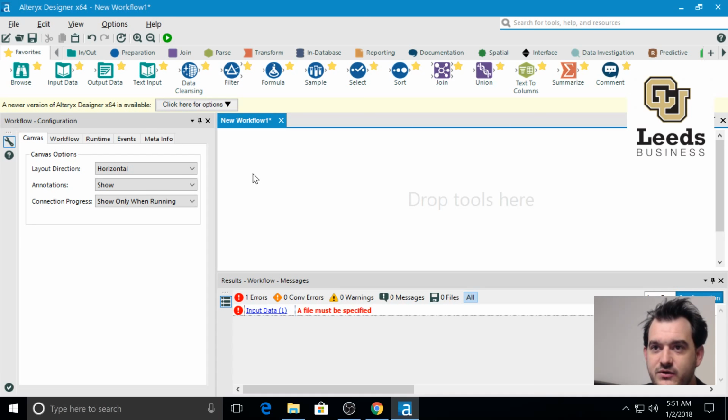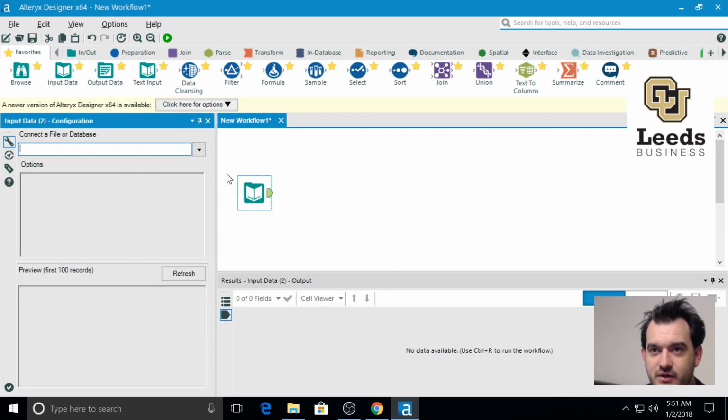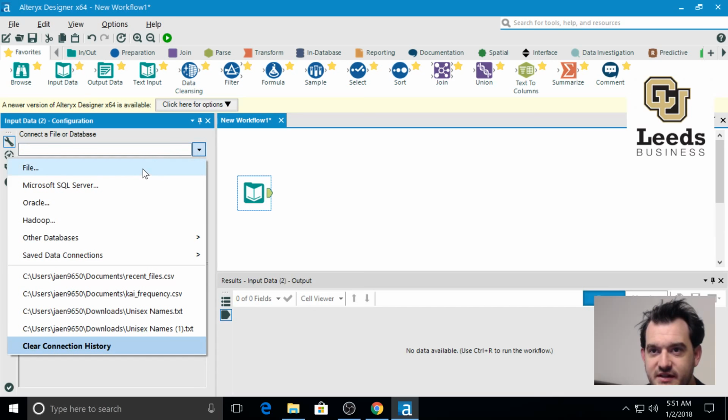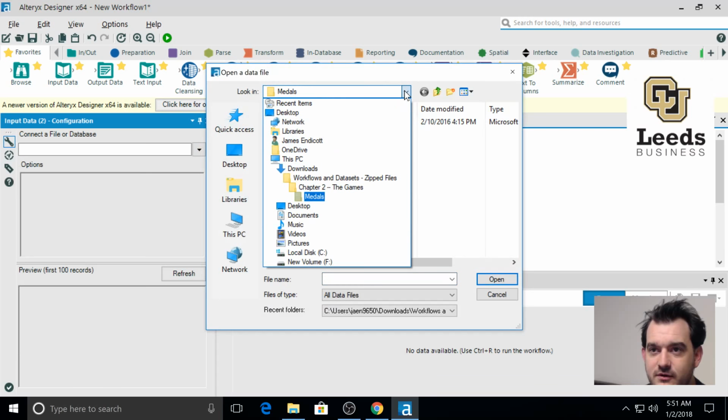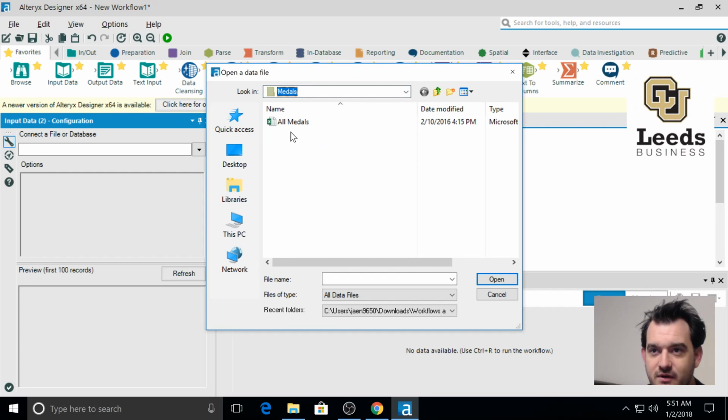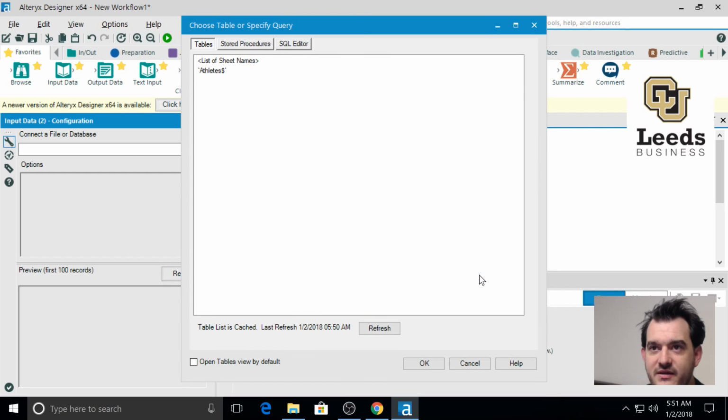So, just like when using it any other time, we're going to take the Input Data tool from either the Favorites menu or the In and Out menu, drag it down, and then we're going to select that we want a file. This file for Chapter 2 happens to be in the Metals directory for the file All Metals. When we click Open on this, another screen will pop up that will ask for more information about the Excel